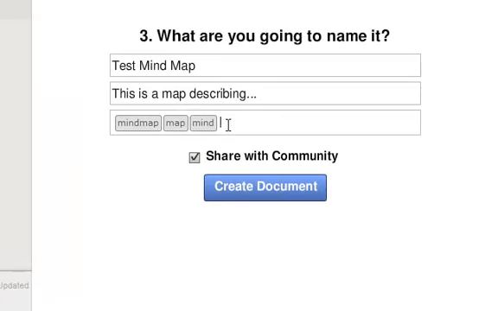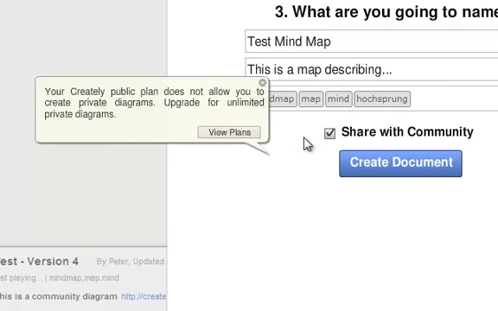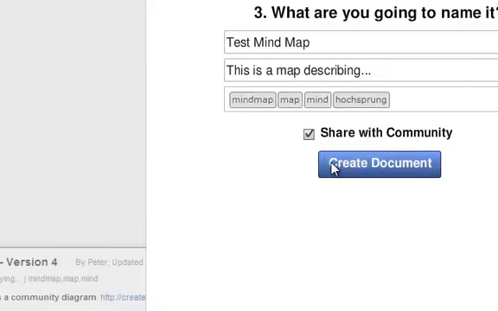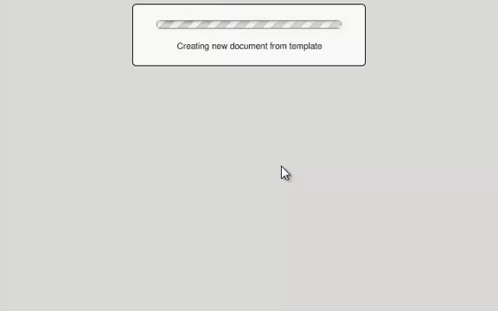Now it gives me some basic tags that I can add to. If I wanted to put my name on it, I could. You have this choice to share it with the community. It defaults to share it. If I click off, it will unshare it. Now, since I don't have a plan with Creately, they make me have my stuff shared with the community, so I cannot make things private. So if I create a document,